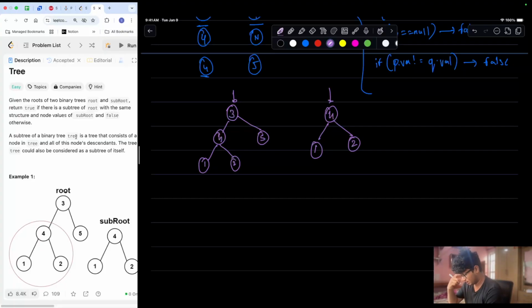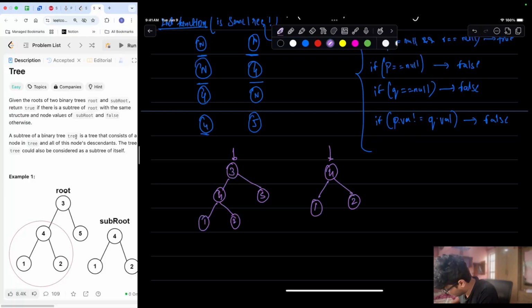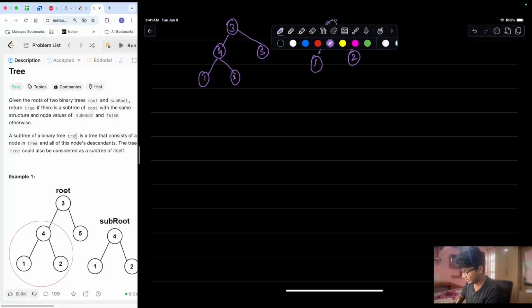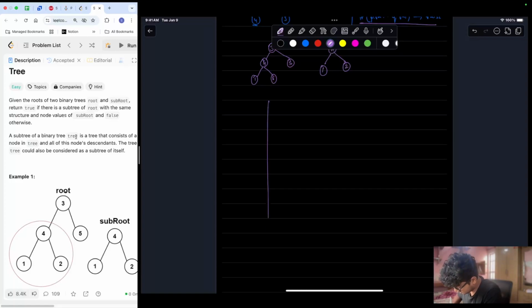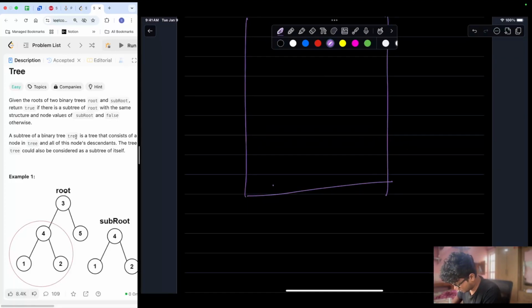Okay, we'll check if these two nodes are the same. Which condition does it fall under? It falls under this condition. So ideally what will happen in your stack, if you consider your stack, the same tree function would be called,